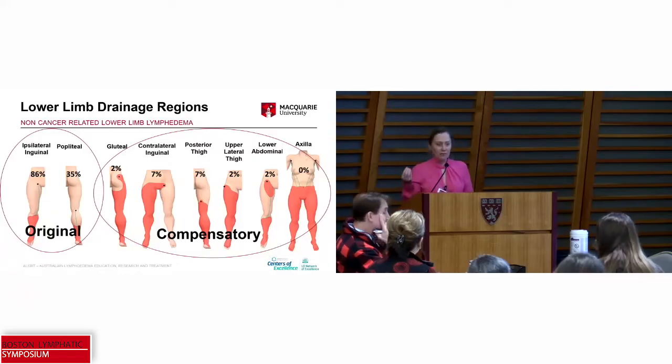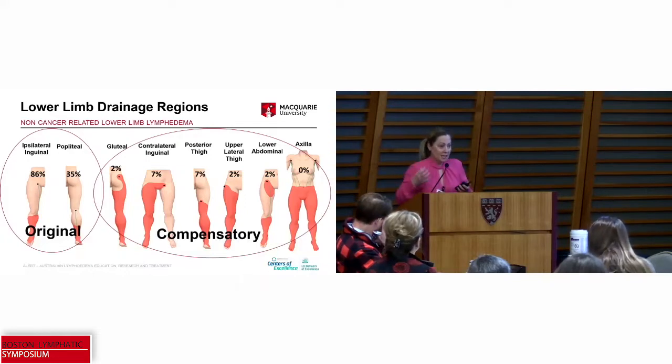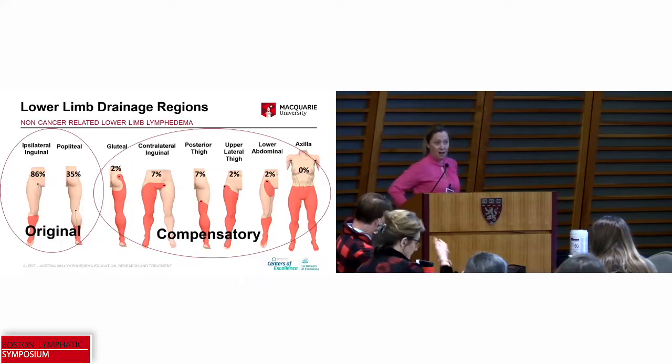We also have a lot of interstitial fluid sitting stagnant in the tissue, can't make its way into the system in the first place. So somebody in that situation where they're draining to the contralateral inguinal region via the pubic area or to the gluteal region around the lateral upper thigh, it can take us sometimes an hour and a half